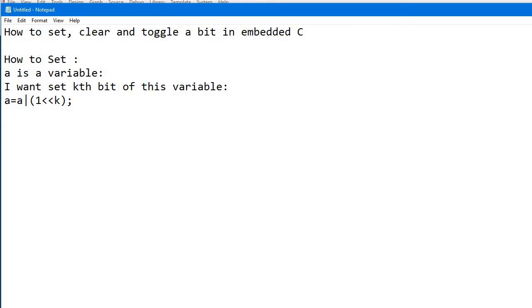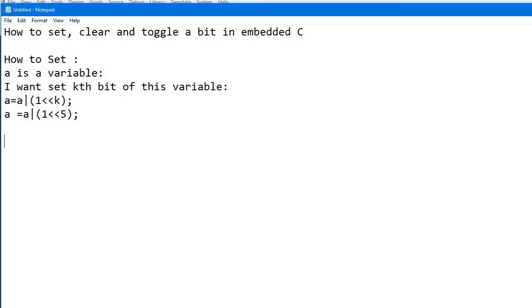Suppose k is 5, then a equals a OR one left shift 5. So the fifth bit of variable a will be set through this instruction.